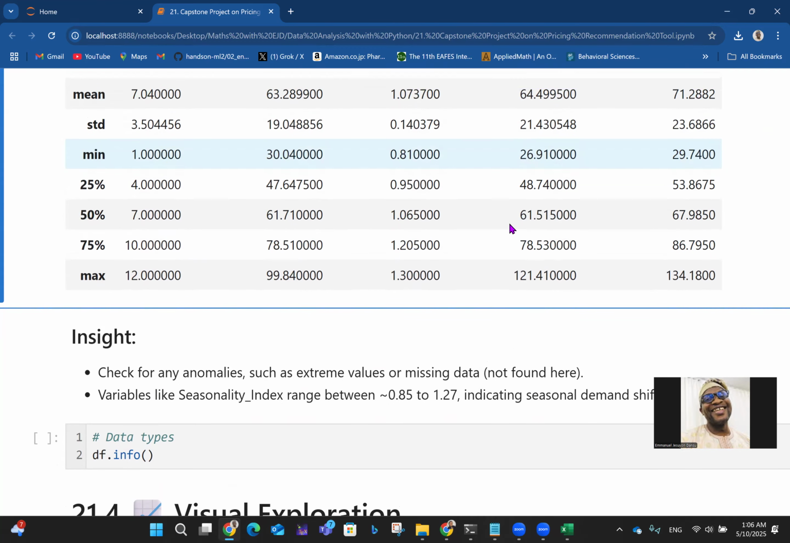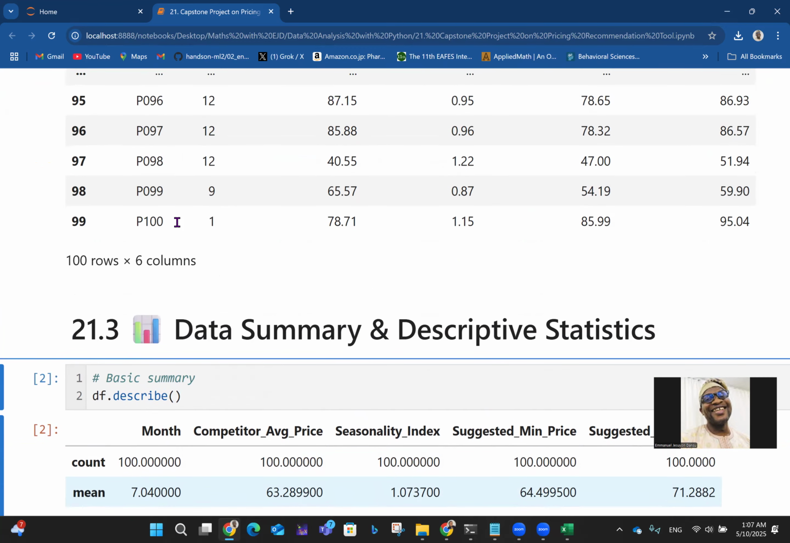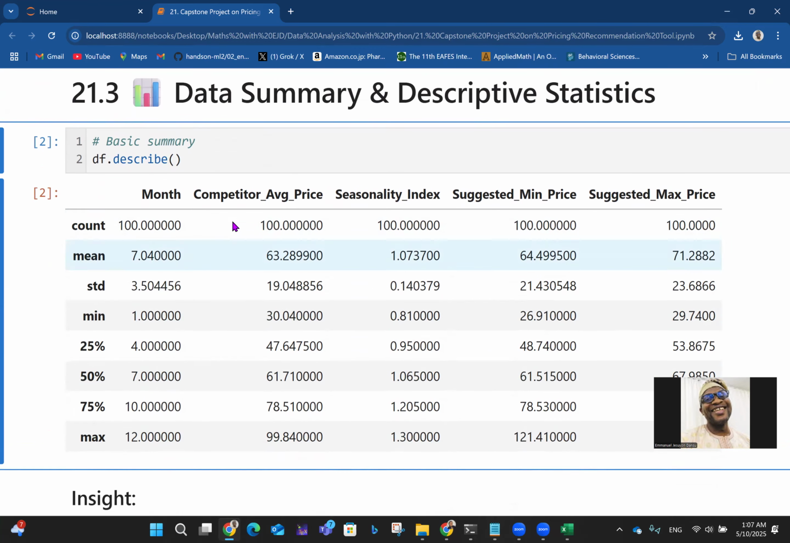In this case, we don't have missing data because everything is complete. If you look at all the counts, we have 100 data points, just like this has told us: 100 rows and 6 columns, and all the 100 are completed. So it means everything is in order. If you had 99 somewhere, it means one data point is missing in that particular